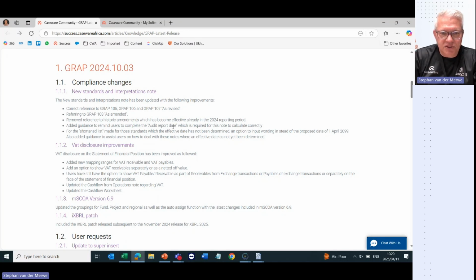We also updated a bit more on our biggest support call, and I will show you that. It is support calls about this note not working, and it's not about the software not working. In the information store, in order for that note to work optimally, the audit report date needs to have been completed in the information store. And what we've done based on client feedback is give more guidance to remind users to complete the audit report date in the information store,